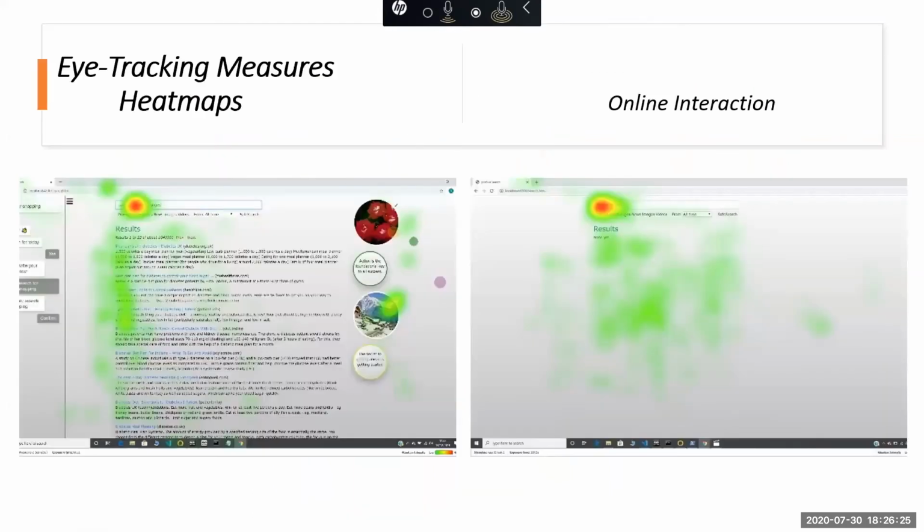Now, heat maps in any eye tracking study are very important to analyze the visual attention, the whole summary of the visual attention, which part gets the heat maps. Like here, we can see that effective design heat maps get more visual attention, and this meaningful part gets more visual attention in both designs. But the other parts in the effective design have also got attention, and participants did not ignore them or get bothered because of these